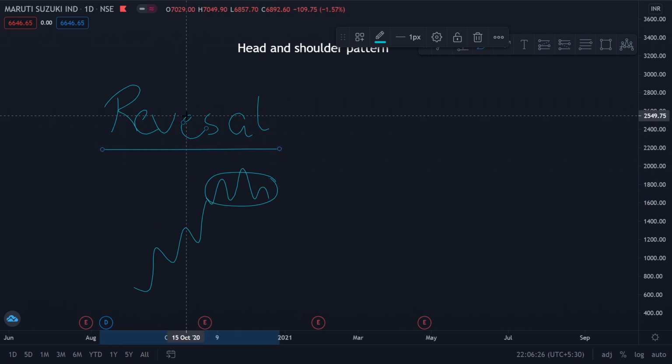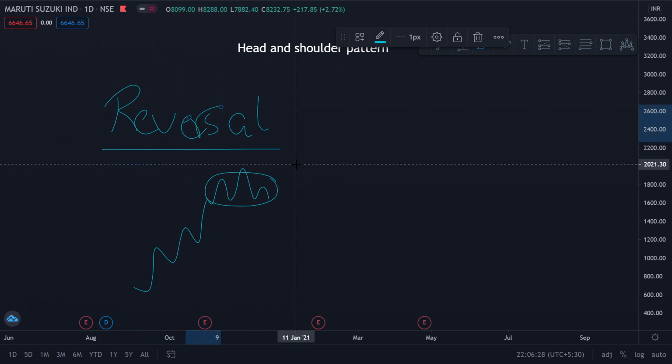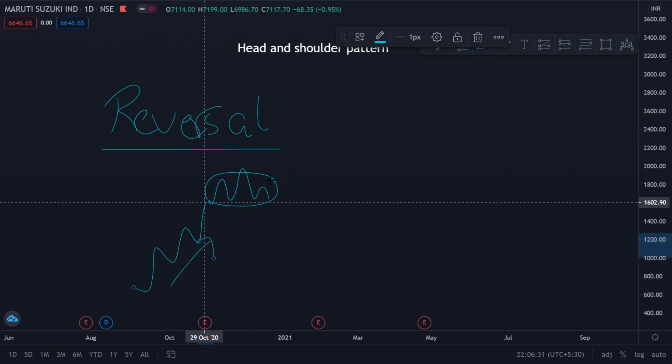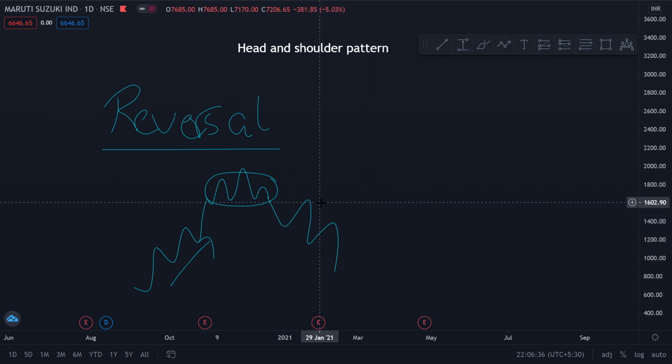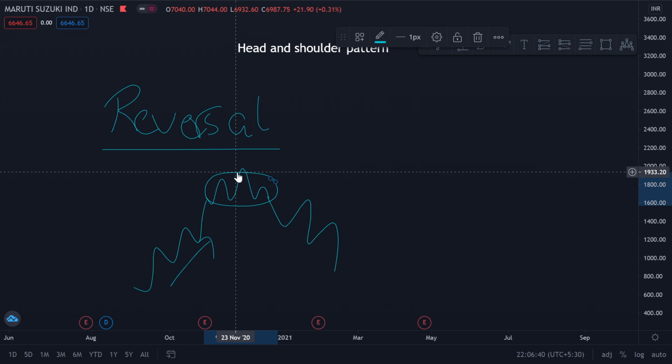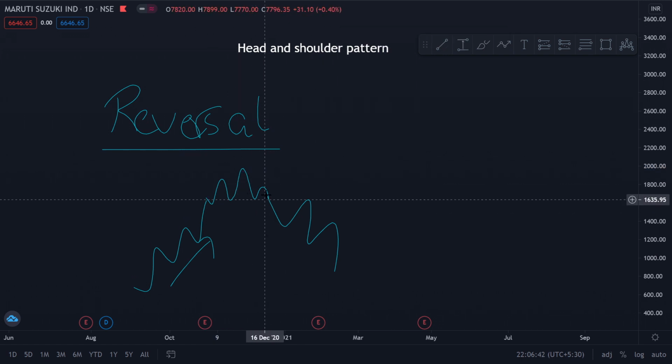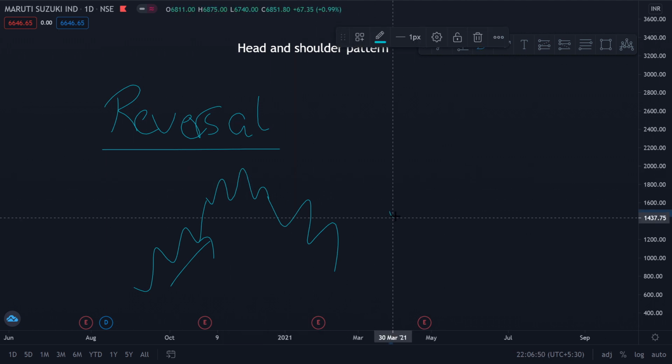So this reversal basically signals a trend reversal. An uptrend forms a price action pattern and is then converted to a downtrend. This is called a successful trend reversal, and this is when we say that this price action pattern has been successfully completed.